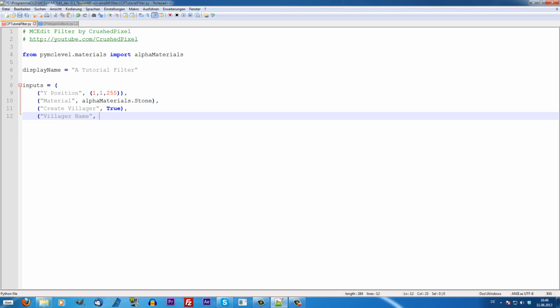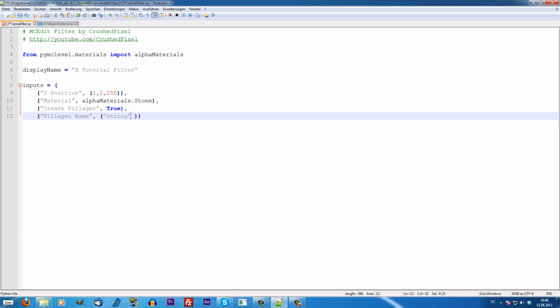And so what we're going to do is we write the next thing in other brackets. You always have to look if you close every bracket you open, and you see the matching brackets once you put the cursor next to one, because they get colored red by Notepad++. And yeah, so what we write in here is